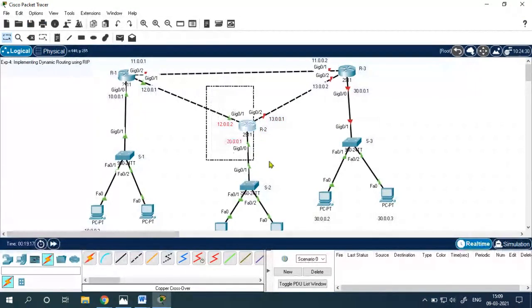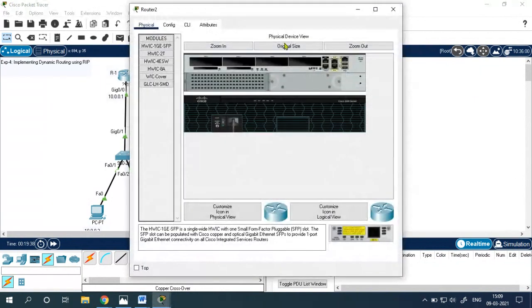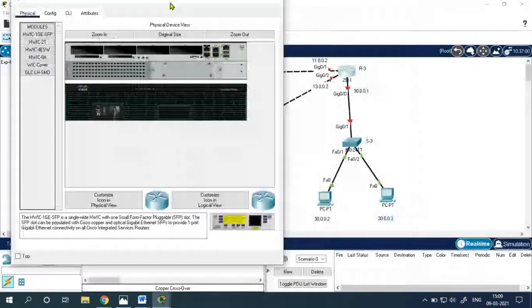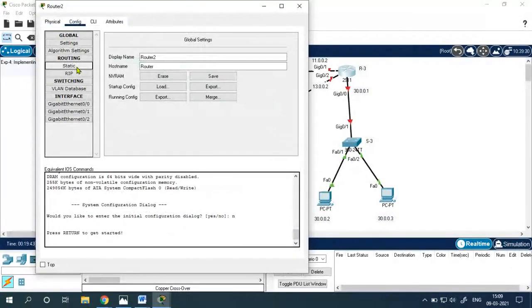Now I have worked on configuring router 2, but on router 2 you can see that two interfaces are on, whereas one interface is still red. That means it is not turned on. Okay, this is turned on from router 2. It is connected to router 3 on the second interface, so it should be on from both sides. So let me work with router 3.